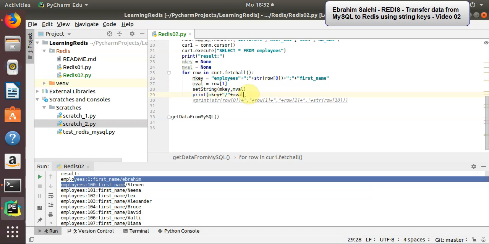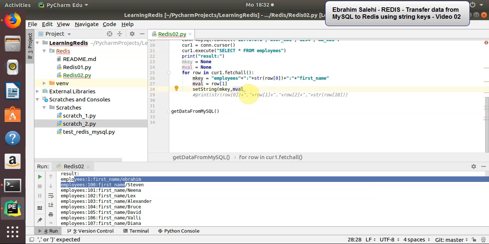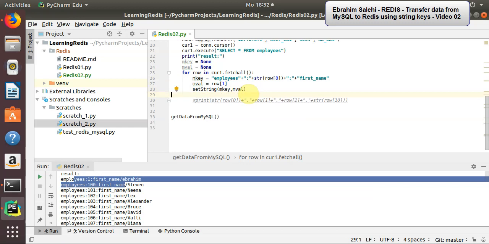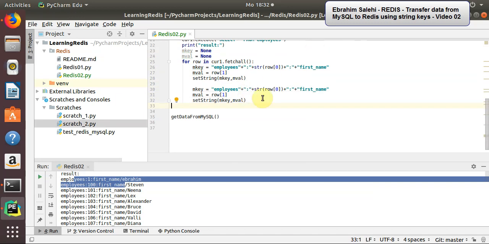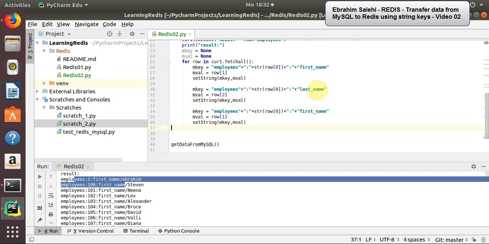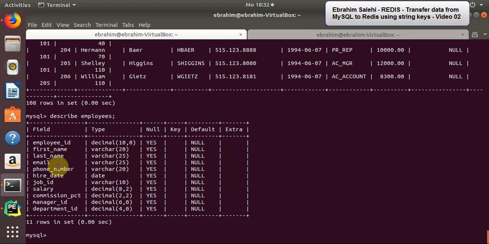to use, so let me change this part of code. Employees last name, the key is changed with the last name, and here you must use row 2, for example, and set a string. And for the next one you must use employee 0 first name, last name, and for example let me